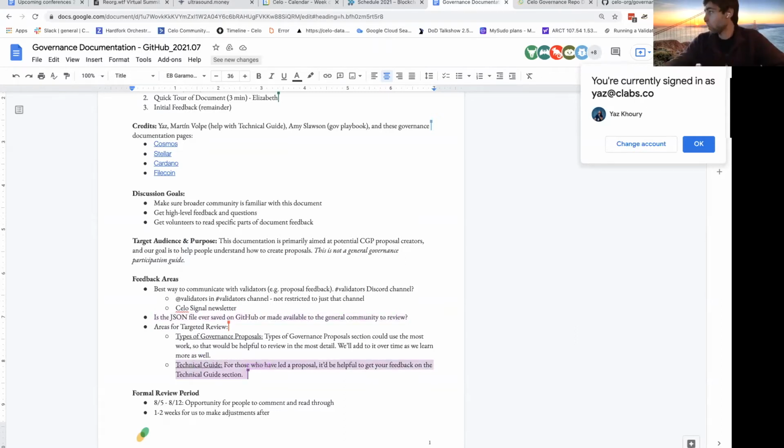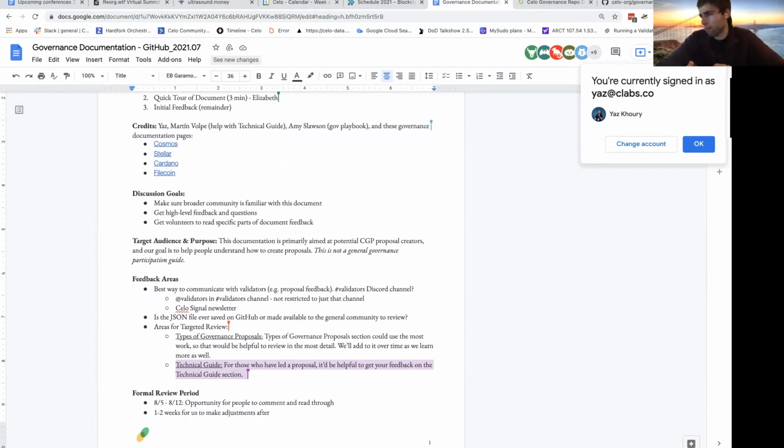The last thing we wanted to do on this call is get some volunteers to read through specific parts of this documentation. We did our best to put it together, but not having gone through the governance process ourselves, we wanted to get some eyes on it of people that have done it.